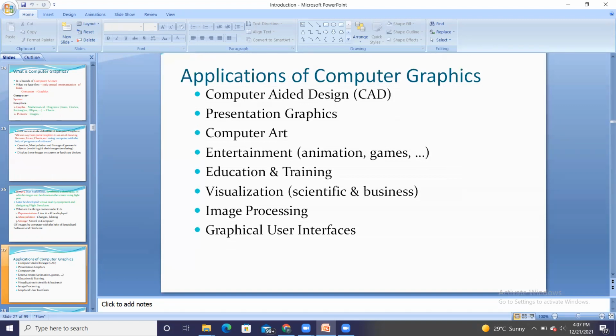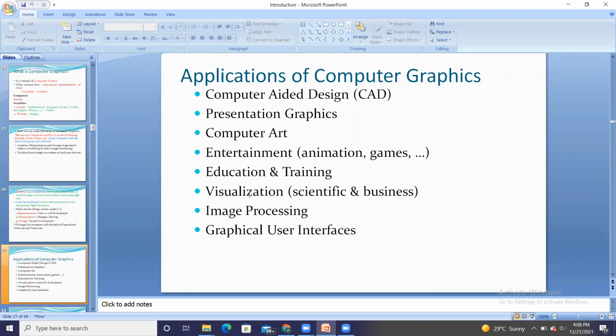Then presentation graphics, which includes the representation of information in terms of charts and graphs. Then computer art, to draw diagrams and so on, we can use CG. Then entertainment, in the case of animation and games. Then education and training, so with virtual reality we can give training for driving a vehicle. Similarly, for educational purposes we also use computer graphics.